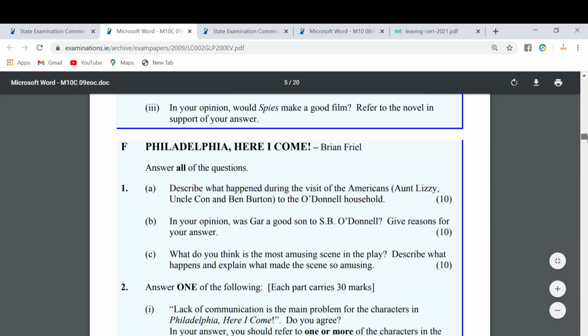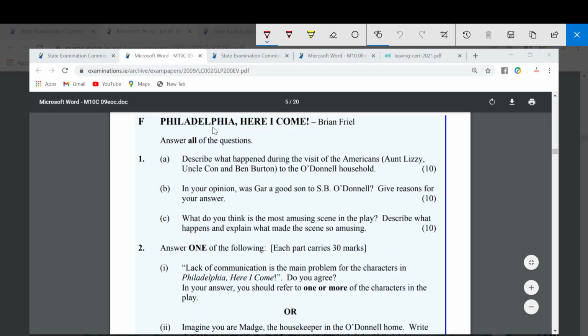Scroll through. In previous years, there used to be 3 short questions, 10, 10, 10. But this year, it's going to look like this. Question 1 will have 3 parts, 10 marks, 10 marks, 15 marks. Okay, so question 1 will be worth 35 marks. All of the single text in total will be worth 70 marks.